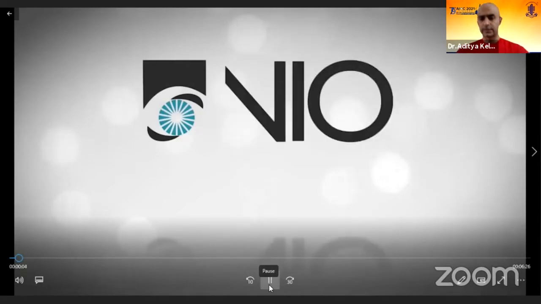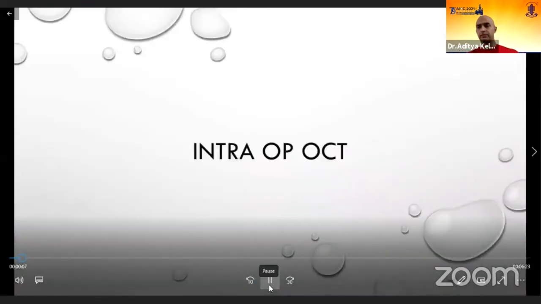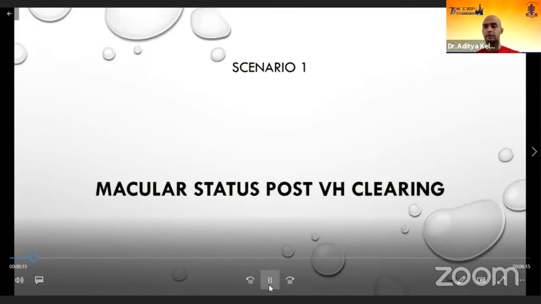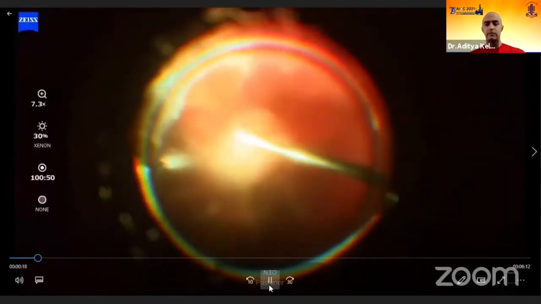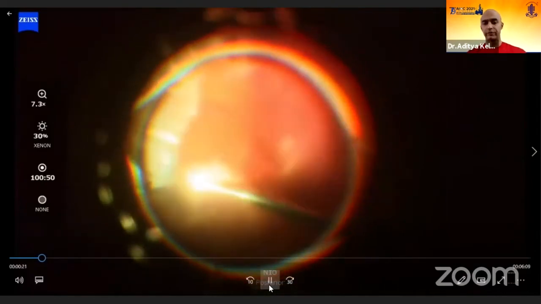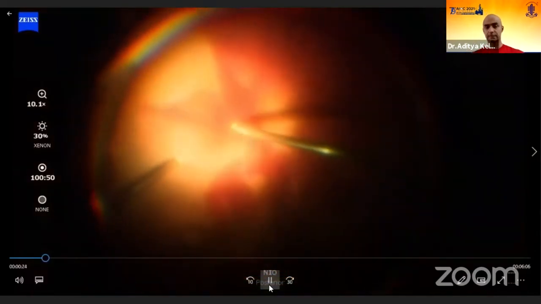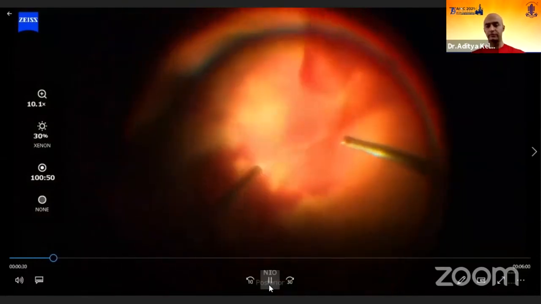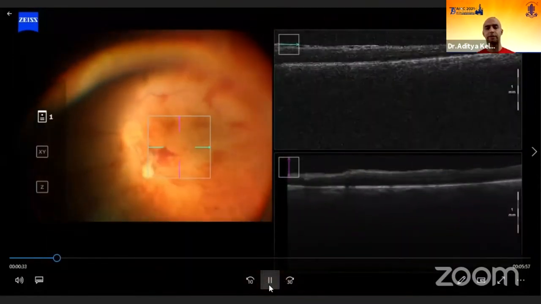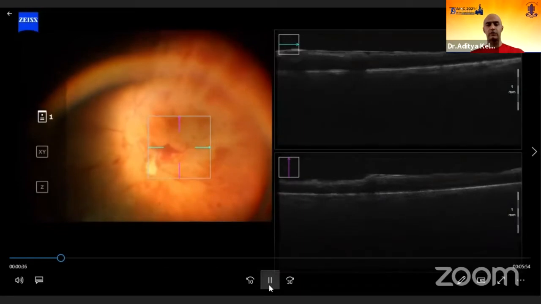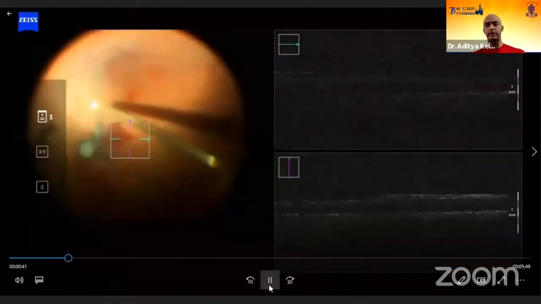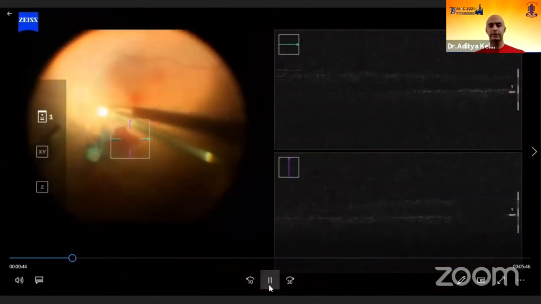So as you know, many scenarios exist in diabetic vitrectomies where preoperative OCT is not possible. For example, in patients who have vitreous hemorrhage, you cannot have a preoperative OCT, and therefore at the end of clearing up of the vitreous hemorrhage, if on table you can see what the macular pathology is all about, then you can always modify your approach. For example, if the patient has epiretinal membrane, then you can think of removing the epiretinal membrane, or if you feel that there is cystoid macular edema, you can always take care of it by using intravitreal anti-VEGF or some other steroid implant. So in this case, after clearing up the vitreous hemorrhage, we could note that there is epiretinal membrane.